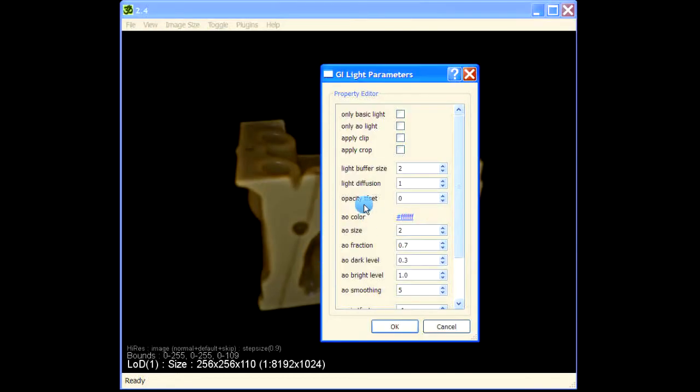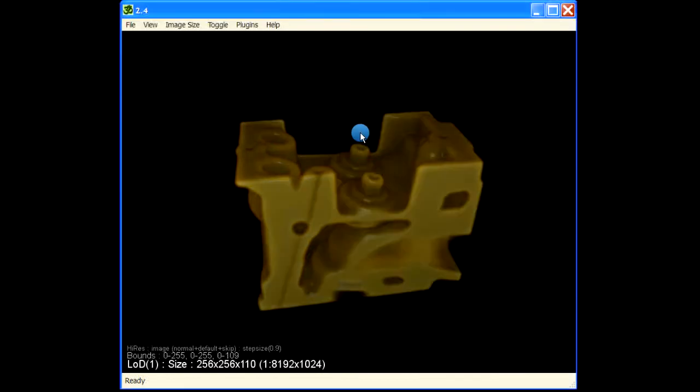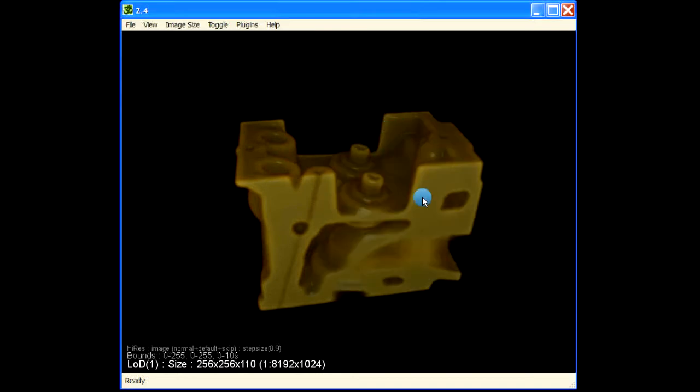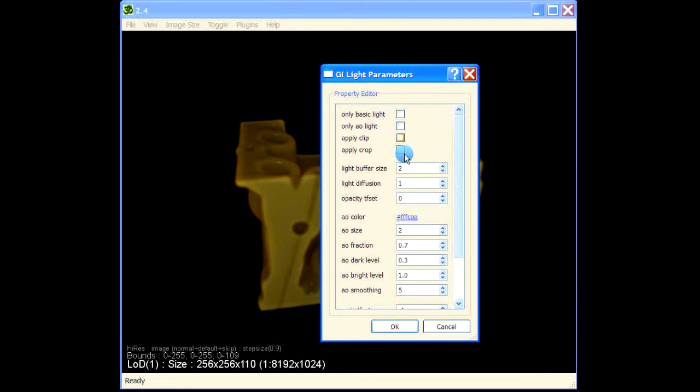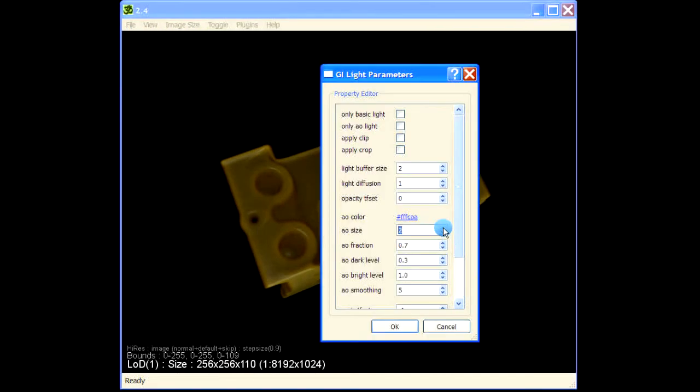This is AO light, the ambient occlusion. Now the way ambient occlusion is implemented in Drishti is basically take a box of size defined by the AO size here, put it around the voxel under consideration, calculate how many voxels around in that box have non-zero opacity, and then based on that reduce the amount of light coming towards the voxel. So that's the basic idea behind ambient occlusion. If you reduce the size of the box, then you can get much sharper shadows or much more diffuse shadows. So as you can see here,